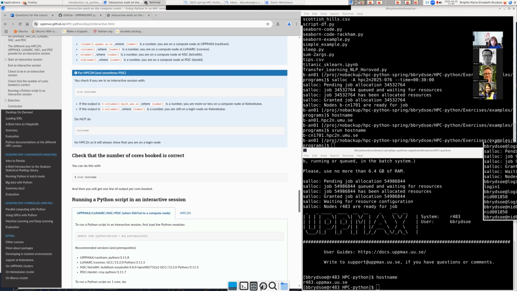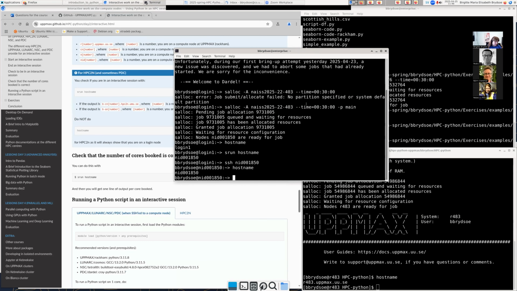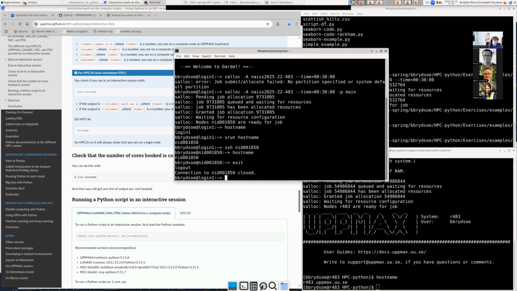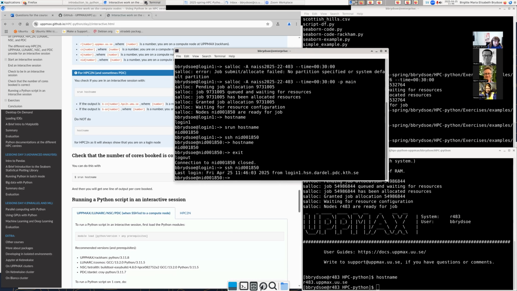On Dardel, you are logged into it with SSH, so you can exit like this, and then you're out. But you can still log into it again because you have the allocation. If on the other hand you do this at UPPMAX or one of the other centers like LUNARC or NAISS,